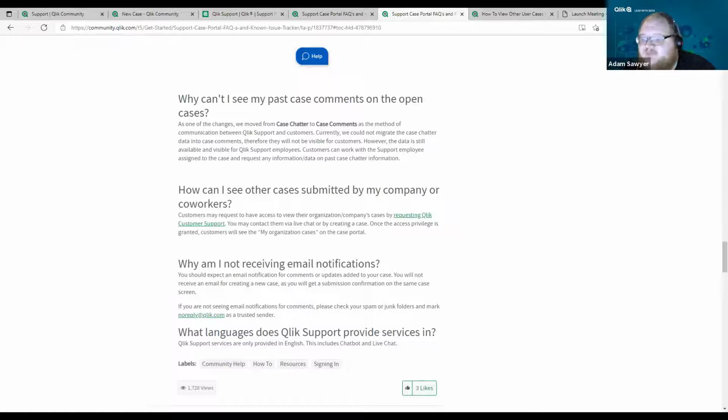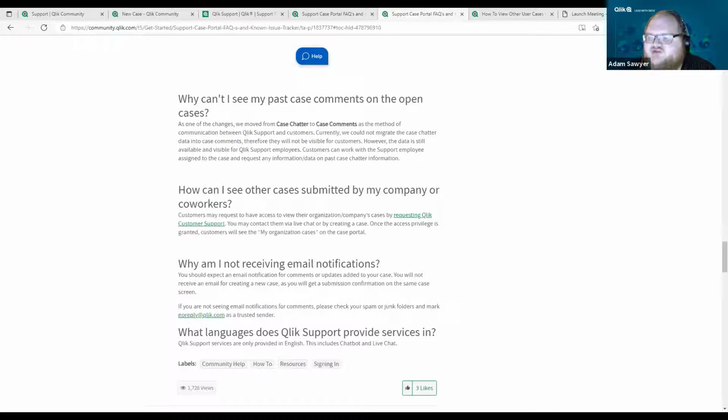So as part of the system transition, we moved from case chatter to case comments, right? As you can see here in the FAQ. Let me tell you why we did that. Ultimately, at the end of the day, our usage of case chatter was really, really customized, right? There are a number of other use cases of people that use that way, but to set that up requires just a lot of customization that makes upgrading Salesforce really, really difficult, right?